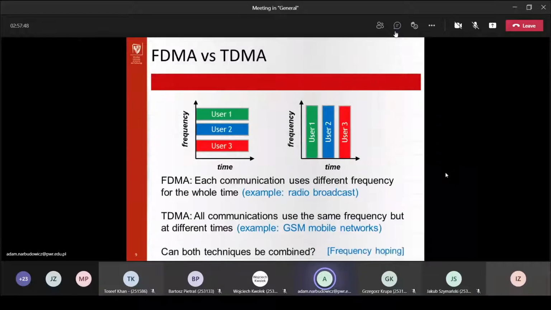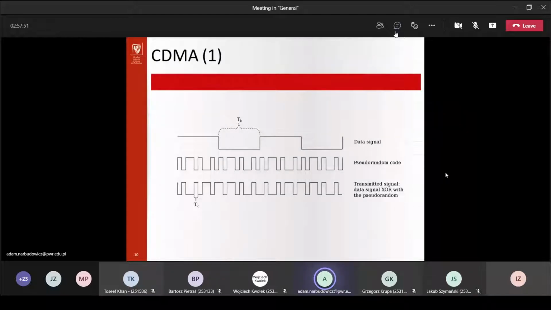Okay. Right. So another technique, the third one from the basic mix, is called CDMA, code division multiple access. This is a little bit more tricky. Basically, CDMA, or code division, allows us to transmit at the same time and same frequency, while still keeping different communications independent or distinguishable. And this is done by embedding what's called orthogonal codes into